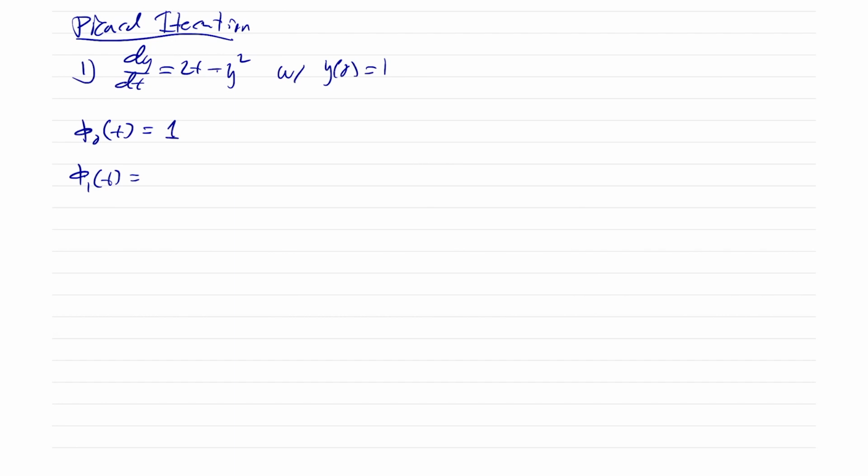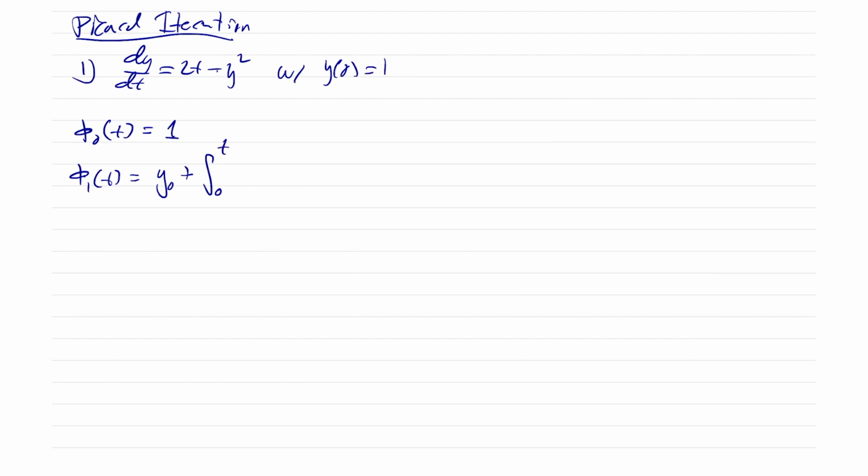It takes some time. But yeah, let me just work out problem number 2, and I'll do 2 iterations. Or rather problem 1. People ask about problem 1. So problem 1 gave dy dt is equal to 2t minus y squared with y of 0 equal to 1. So we're selecting phi naught of t to be just whatever y naught was. So that's just this. Now phi 1 of t is equal to y naught plus the integral from 0